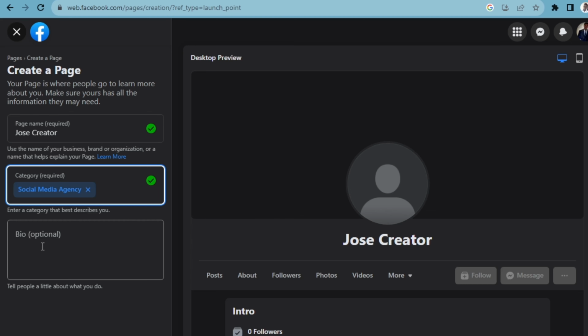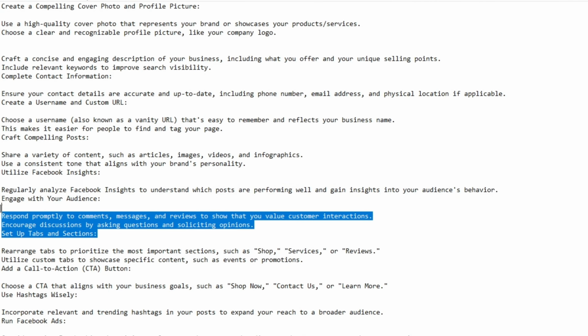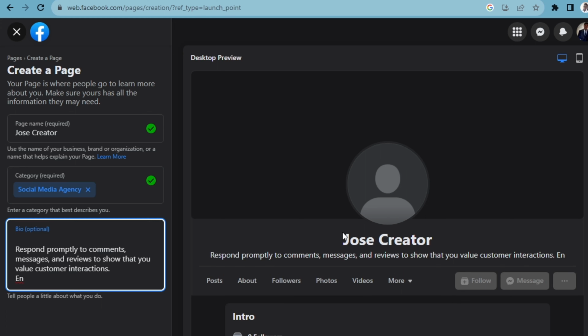You can add a bit of bio to it. Let me look for something to add. Let's say you want to add this. I just copy this and I paste it right there. So after this is said and done, as you can see, it's reflecting on the page, and this is the